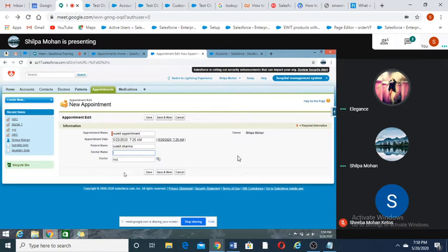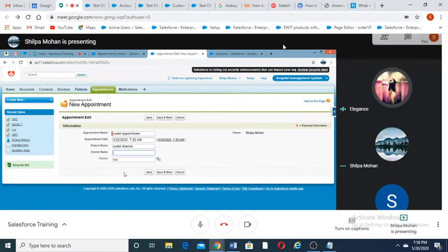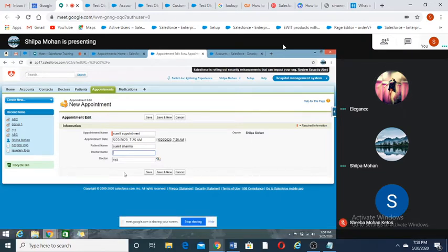So by this, what can you understand, Suman? I understood that with a lookup relationship you can relate the objects. So you have related appointment with the doctor, but there is some confusion in the practicality.